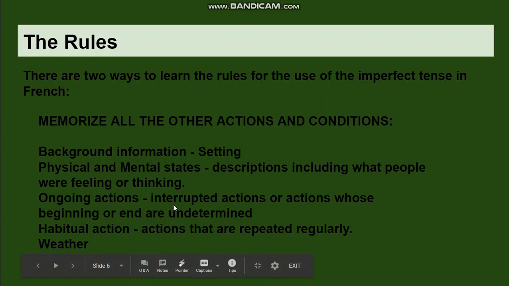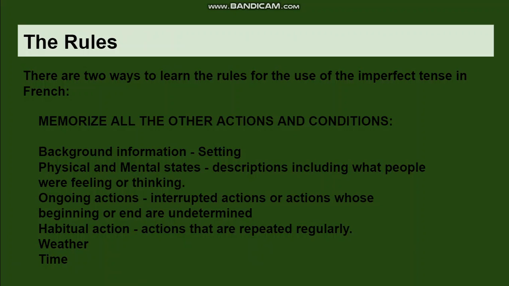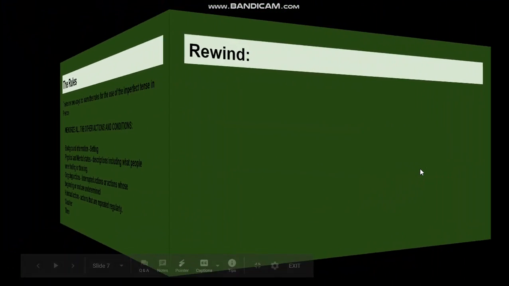Ongoing actions, these are actions that are happening at the time when something else happens, or actions that we don't know when the beginning or the end of that action happened. Habitual actions, anything that you do repeatedly, over time. The weather and time. Okay, and you didn't get to see time, but time is there too, the weather and time.